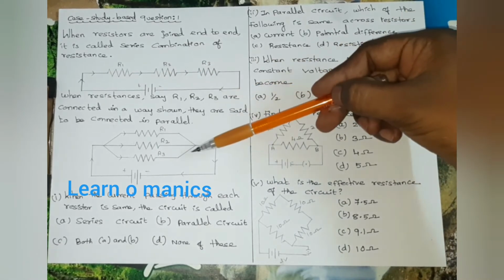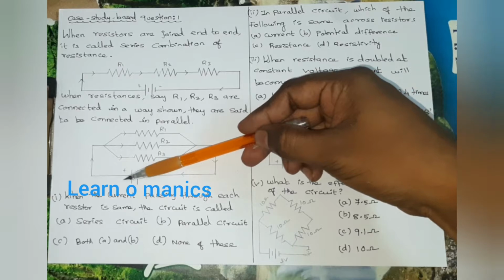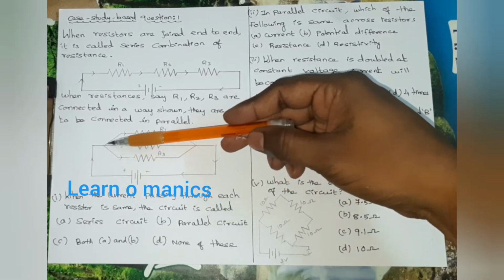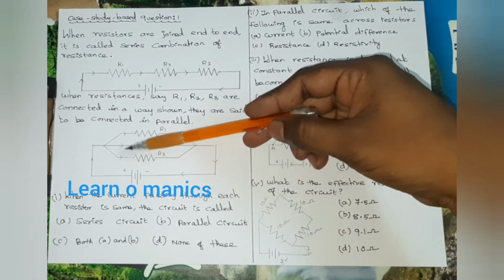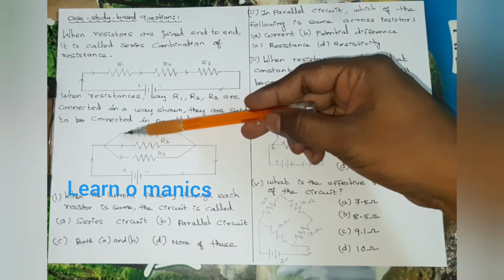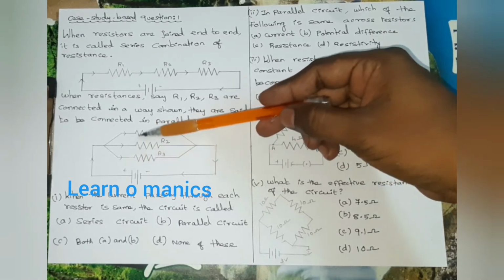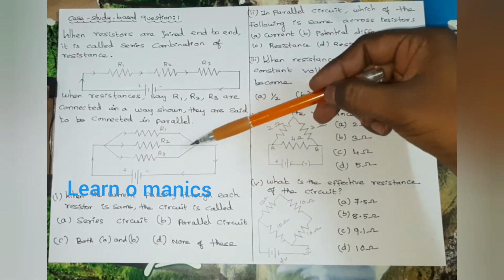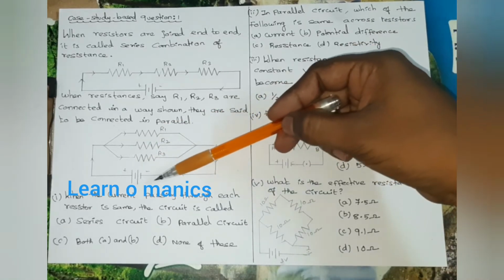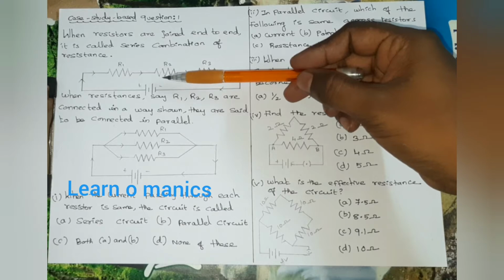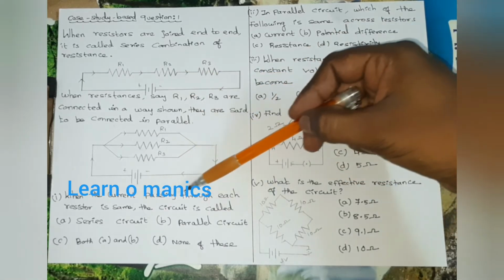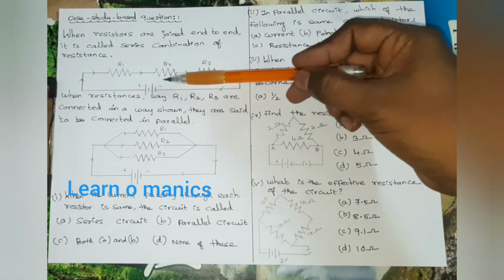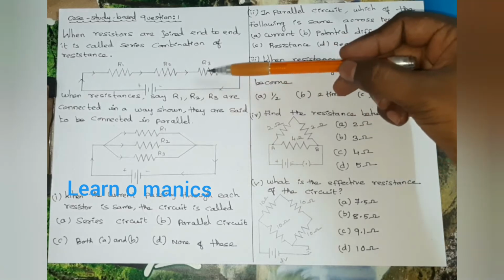But if you look at the parallel circuit here, when the charges are traveling to this point, it has 3 different paths to flow, and that means the current will have different values in these 3 branches. According to the resistor values, the current values also differ, and then again they will join together and come back here. So that means the circuit which is having the same current passing through all the resistors is the series connection. So that's why I told you, right?